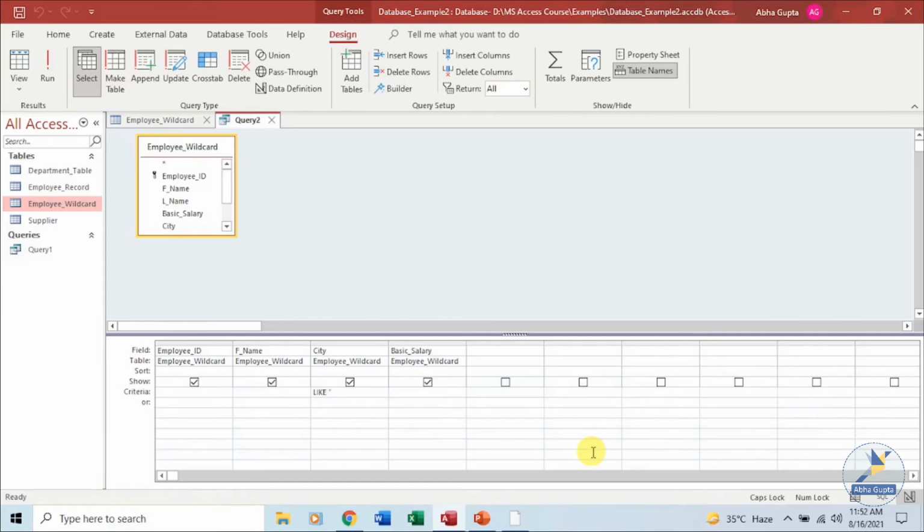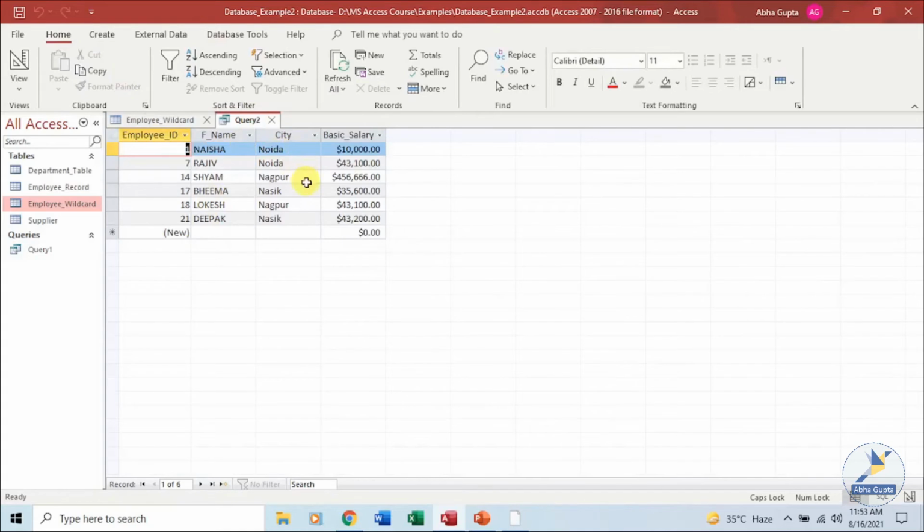We are looking for all those cities which start with N. In our table we have n number of cities which start with N. If I simply write asterisk, it will display all the cities, but what I want is that the first character should be N and the rest of the characters can be anything. So we place an asterisk after N. Let's run this query.